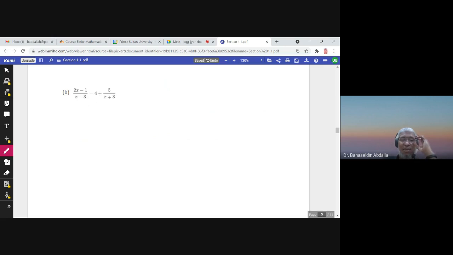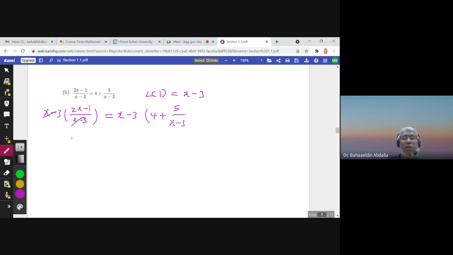Here, this is an easy question because the LCD is just x minus 3. I mean the LCD here is easy, okay? Because we have x minus 3 in here and here, and it's the only denominator. So we multiply both sides by x minus 3. It would be cancelled here, but on the other side, you have to be careful because you have two terms, okay? Two terms. So we will have 2x minus 1